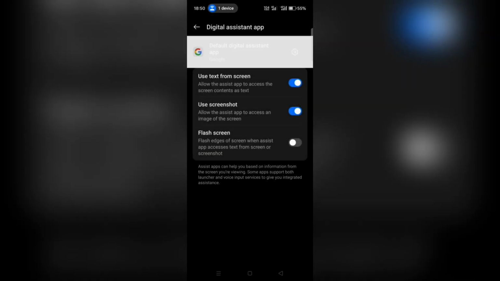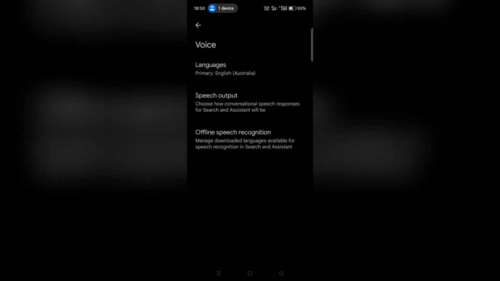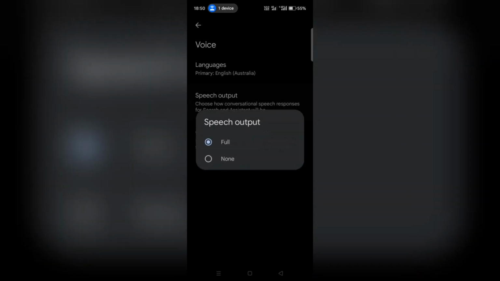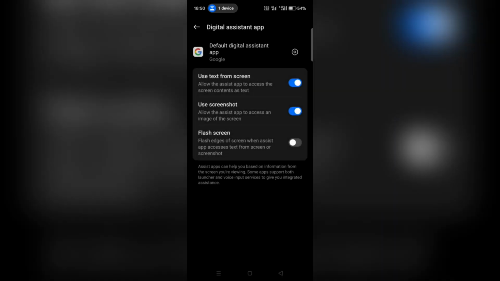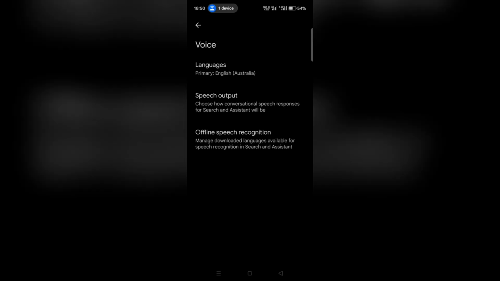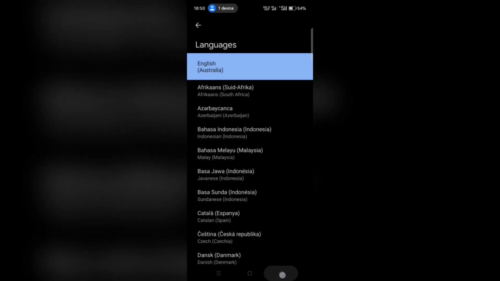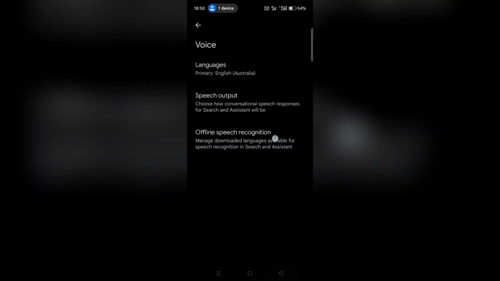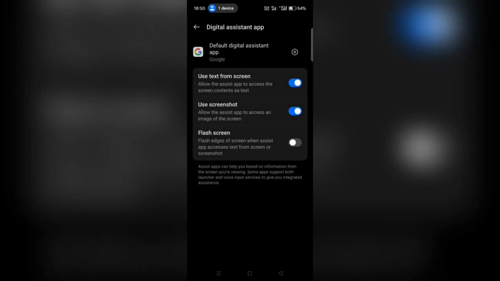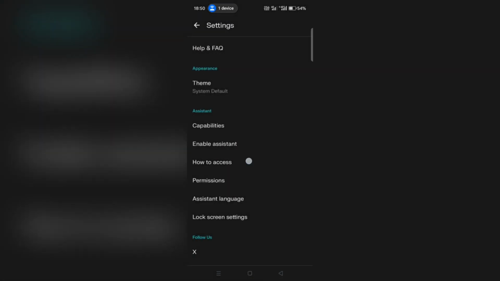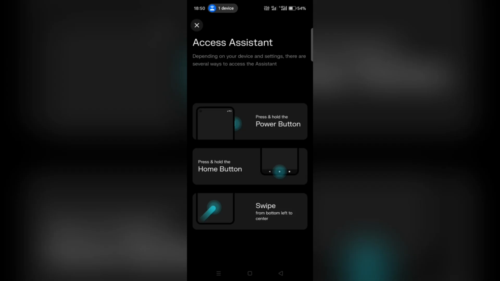Now, once it's set as default assistant, you can launch it easily using any of these shortcuts. Just swipe from the bottom left corner toward the center of the screen. Press and hold the power button or press and hold the home button. Now you can use Perplexity Assistant to ask questions, find information, and perform actions, all hands-free and seamlessly integrated with